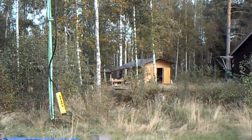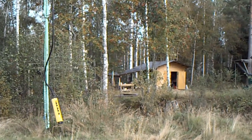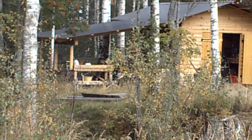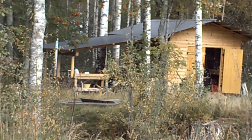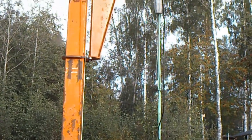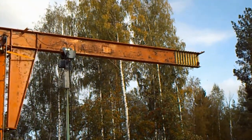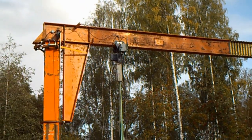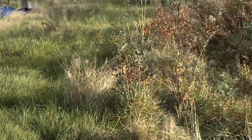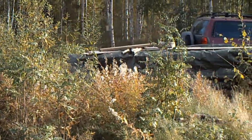Right now we're looking at a storage building that was built last summer, and next to it is an outside kitchen. So you can be outside but under cover when it rains and cook. But I wanted to have cabins, but it's so expensive to have somebody build them. I went to a 1-year-long course to learn how to build timber houses, log houses, and this is the crane that we're going to use and the location that we'll build them, and then you number them and mark them and then move them. So we'll build a big sauna house